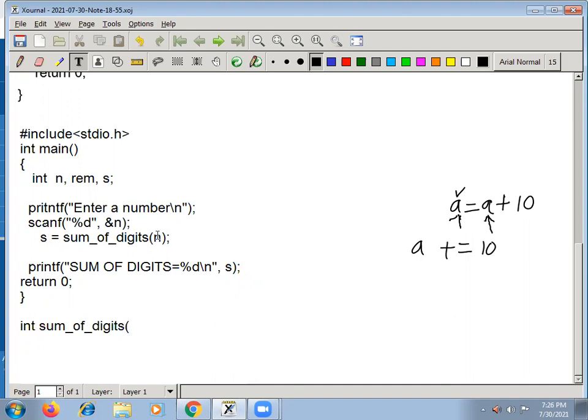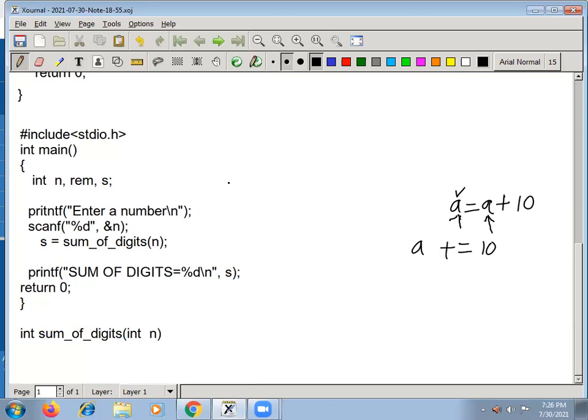And what is the argument it is taking? n is the argument. So you define a variable n with the data type. This is called the actual parameter. Here this is called the formal parameter. You can define the same n and n in this. I told you in the last class, when you define n here and n here, now see, for this main program a local variable n is created, and 123 is stored here.